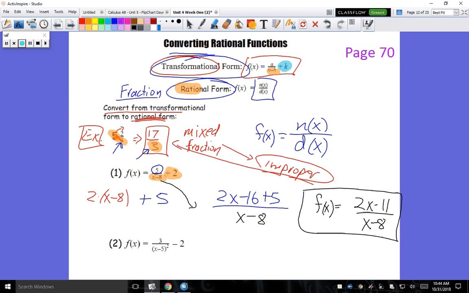I'm going to do the same, and sometimes there's subtle differences between these. I'm going to grab this denominator and multiply it with this negative 2. So over here, negative 2 parentheses. And from experience, guys, these parentheses are huge because people will not remember to distribute the negative 2 over everything. And then it's negative 2 times this x minus 5 squared. At the end, we're going to add 3 because remember, you're adding the numerator, and it's all over my original